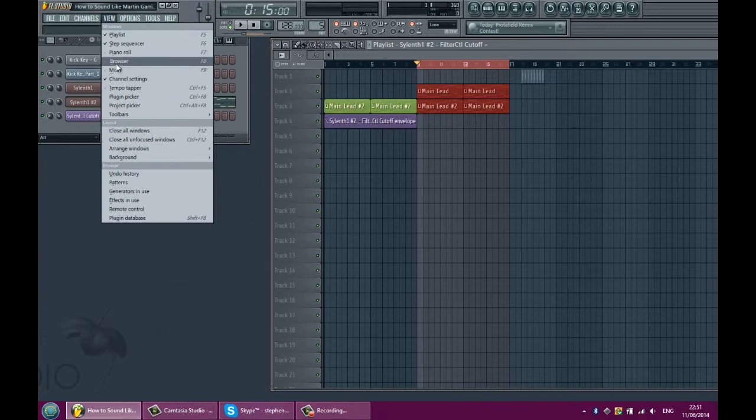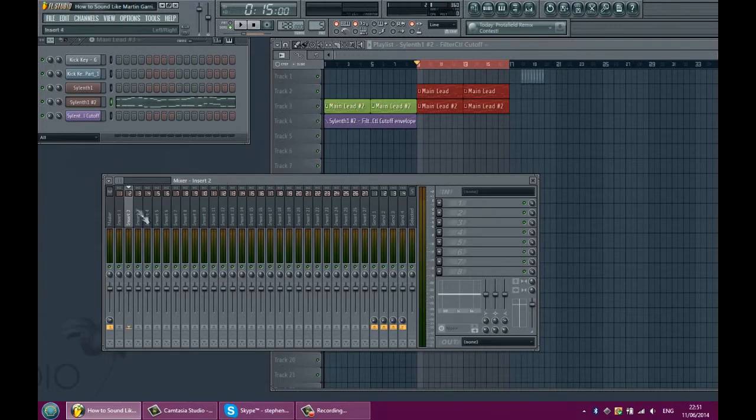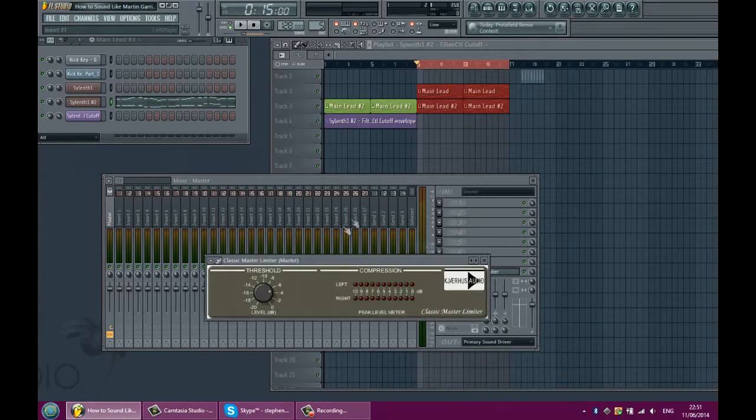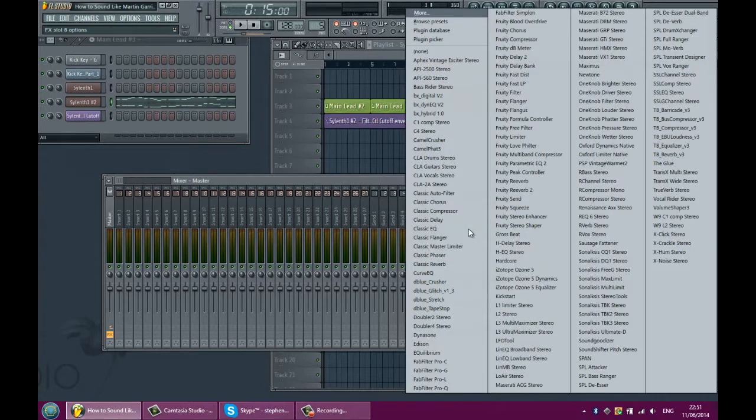So let's go in. What I would tend to do, I don't like the meters going red, so I'll just go in and stick a limiter on it. Just use these ones. I think these are free. I can't remember, one of these is free. Just put it on naught like that, or what I would tend to use is